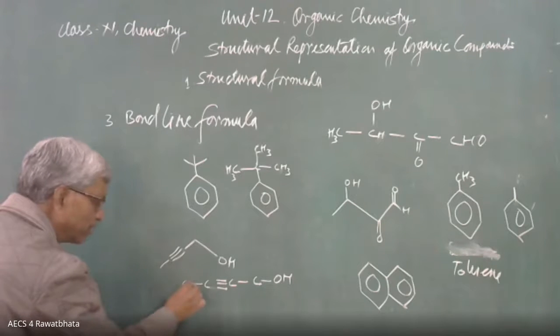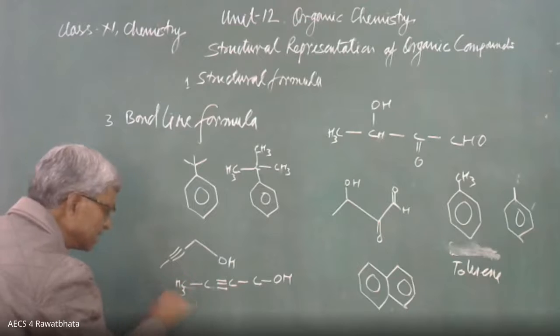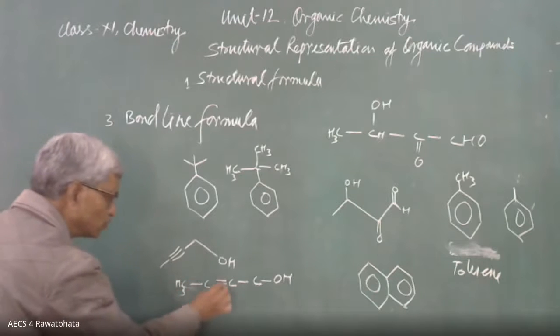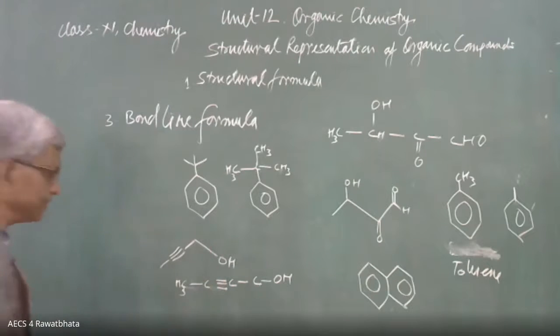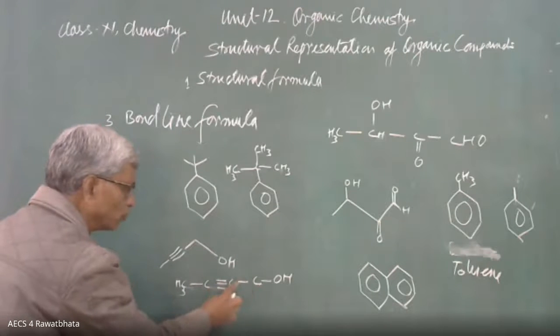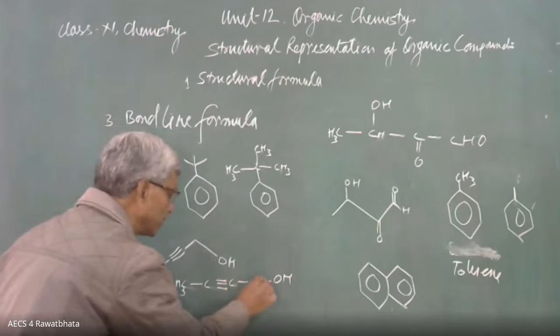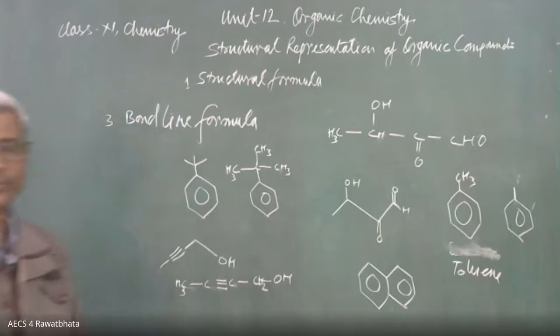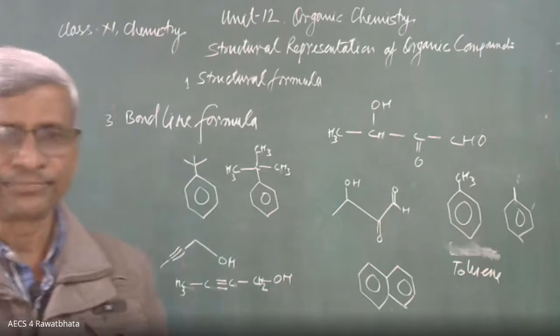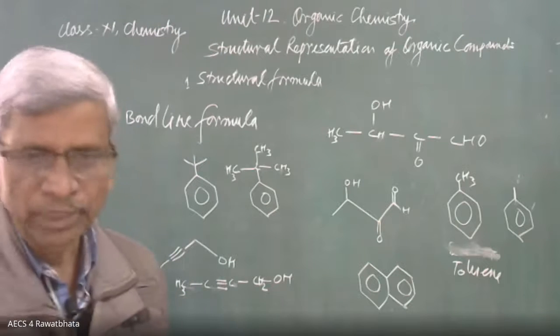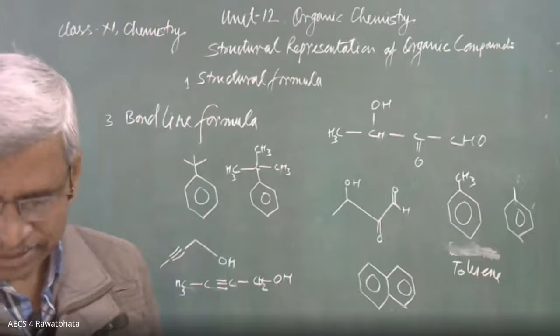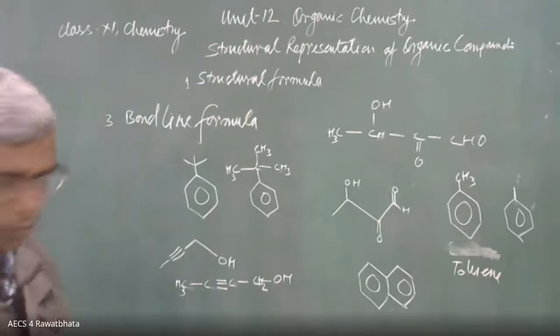Here is 1 bond, 3 hydrogen atoms, CH3. Here is 1, 2, 3, 4. No hydrogen is needed. Here 1, 2, 3, 4. No hydrogen atom is here. And here 2 bonds are present, 2 more required. That's why CH2. That is the way. Okay, better? I have taken so many examples, and in this way, there should not be any doubt.